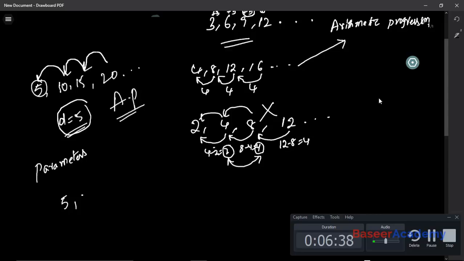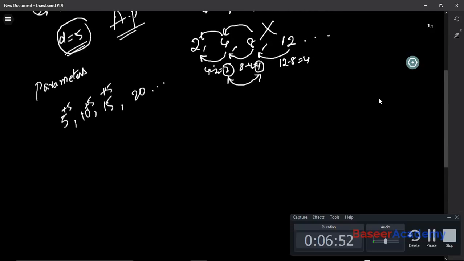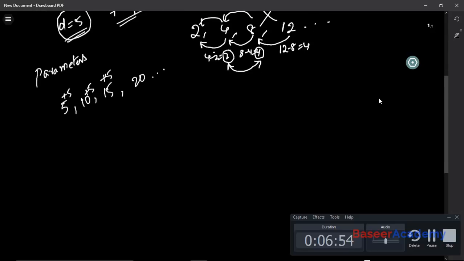So I just need to keep adding the common difference to get the next term, right? 5 plus 5, the common difference is 5, so I'm adding 5 to this. 5 plus 5 is 10. 10 plus 5 is 15, so the next number is 15. 15 plus 5 is 20, so the next number is 20. So to write down an arithmetic progression, you just need to know the first term and the